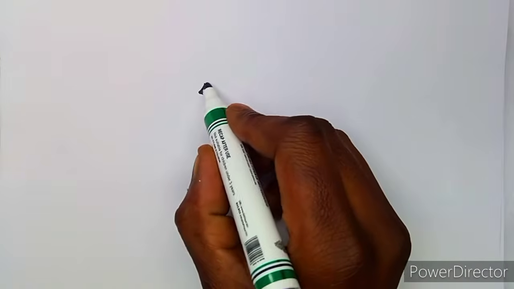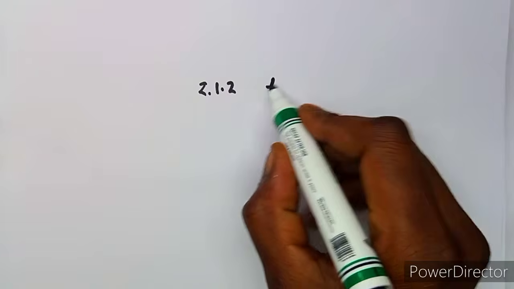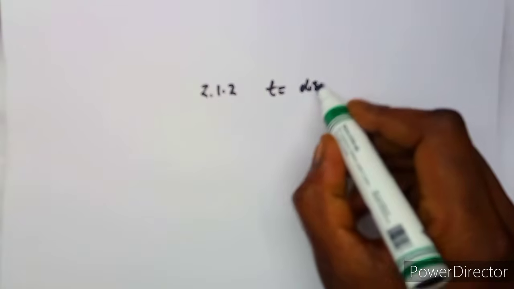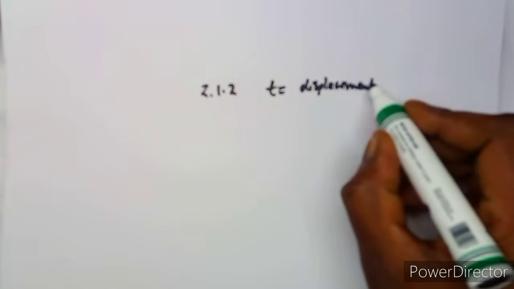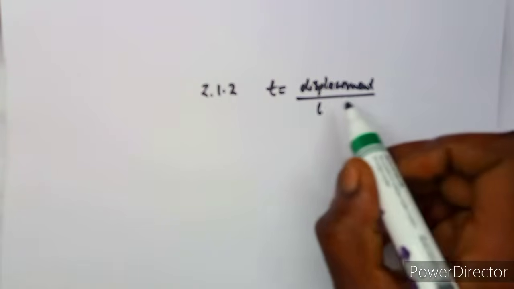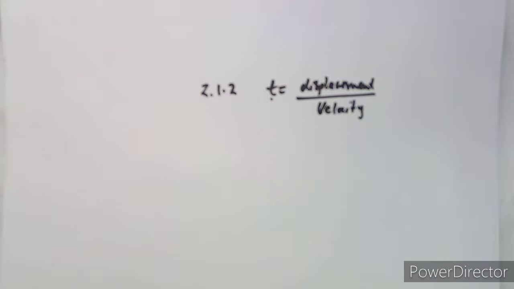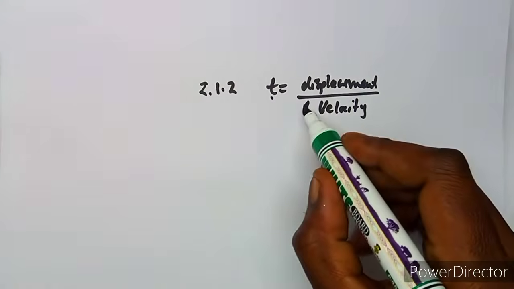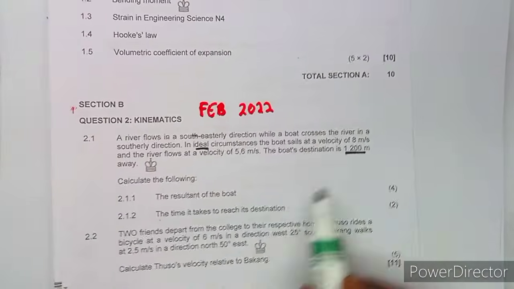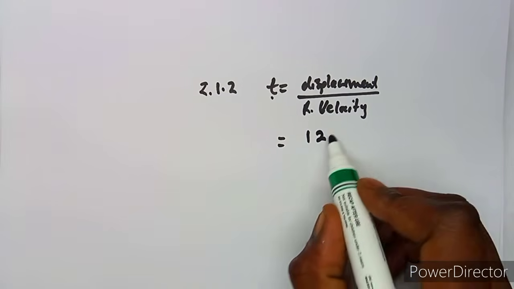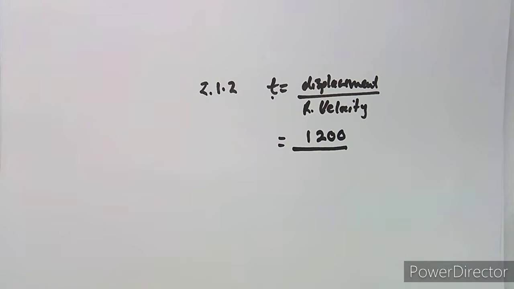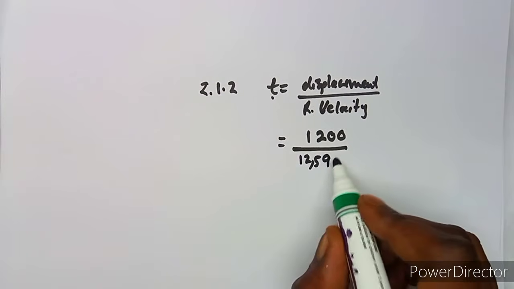So time is equivalent to the displacement over velocity, which is the resultant velocity actually. So the displacement, that's 1,200 meters over the resultant velocity, which is 12,599, the one that we obtained here. So you can divide by 12,599,